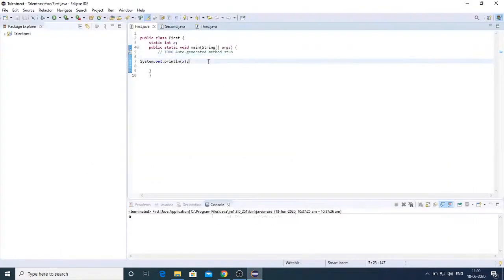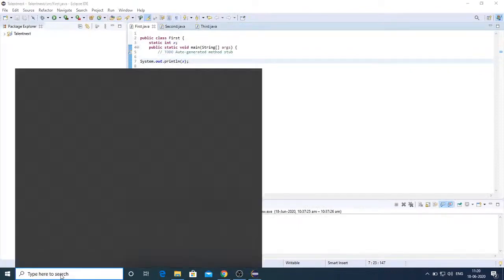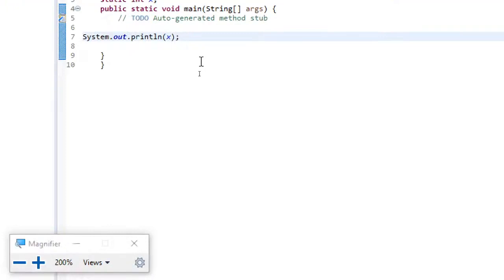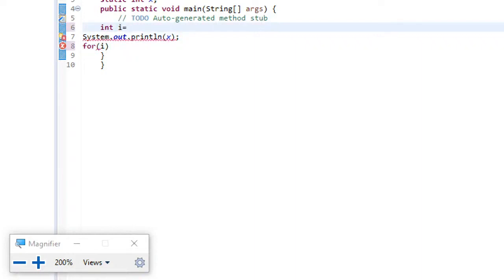Here you can see, let me use the magnifier. If I am using for, let me declare the variable above, int i equal to 1.